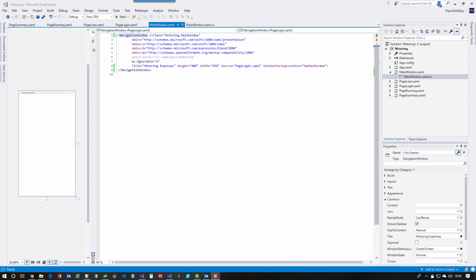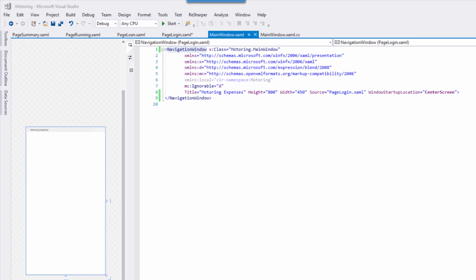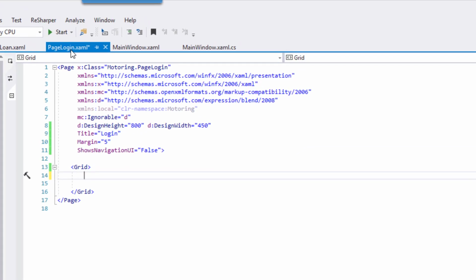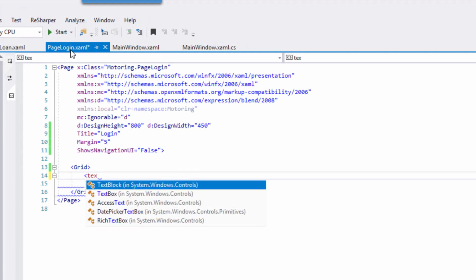So what we need to do now is to make sure that it works. This would be something that you would do more regularly than perhaps I've done it up to this point, and you would save as often as you can so that you don't lose progress in your work. So we're starting off in main window here, and we want to make sure that the page login shows when the application is launched. So we need to go to page login, and I'm going to put what's called a text block inside the grid. So we do that. That's the opening signal that we're going to do, text block,